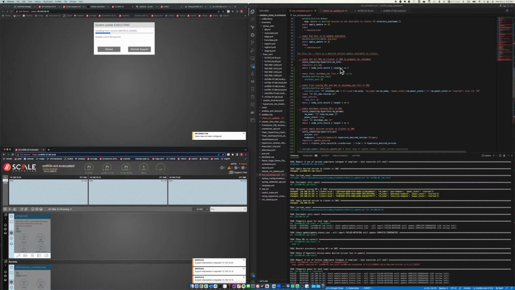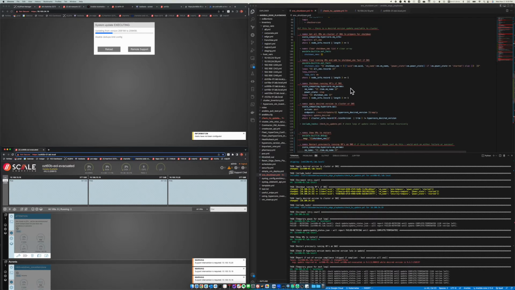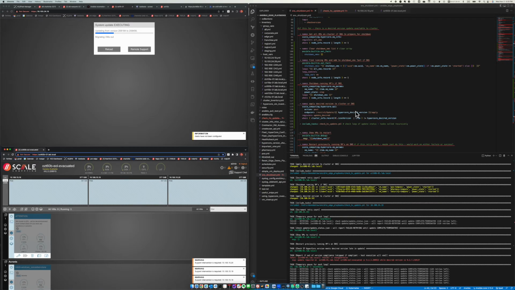If it's single node, so it looks at when the node count is 1, it will get a list of all the VMs on the cluster. It creates an array to store the list of VMs. It iterates through those and finds the running VMs, adds them to the array. It sets the power state to stop, looping across that. And then after that's all done, then it goes ahead and initiates the